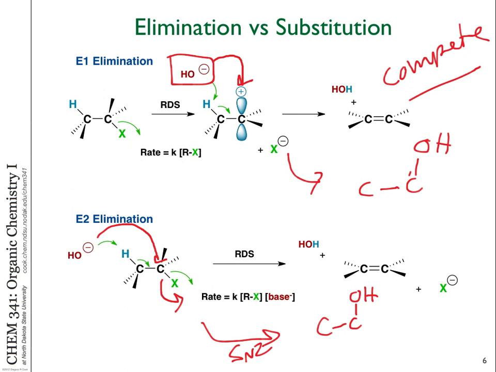Yes? Or the basicity of this. The basicity, absolutely. Elimination works best when you have bases or ions. If you're going to do formation of carbocations, if you have anything negatively charged around, even if it's a low concentration or weak, most likely it's going to be protonated. The other thing is, in the case of substitution SN2 versus E2, the crowdedness of that carbon is going to